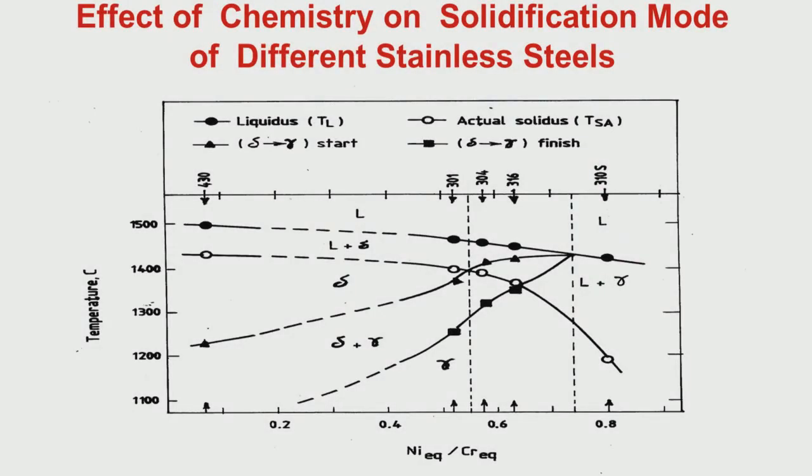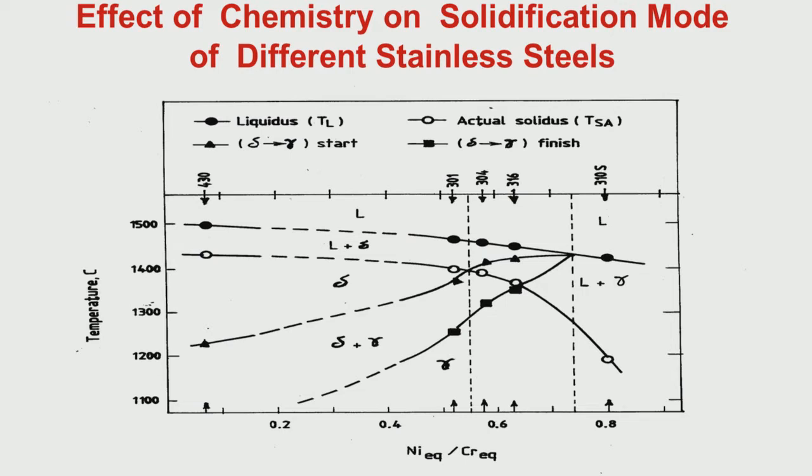Let us go to stainless steel. As I was telling, stainless steel has so much chromium and sometimes nickel that the normal iron carbon diagram cannot explain how the solidification will take place. So, what is important is to draw another diagram which will indicate the different